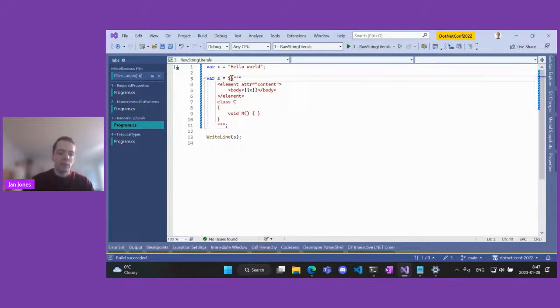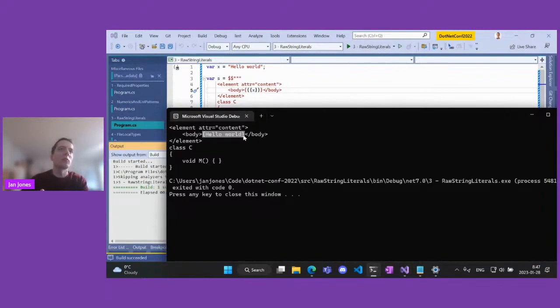And I can again repeat more and more dollars, for example, if I wanted to have 2 braces in here, something like that. And I can even have a brace around the interpolation like this.